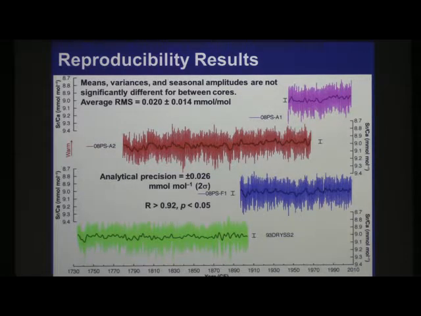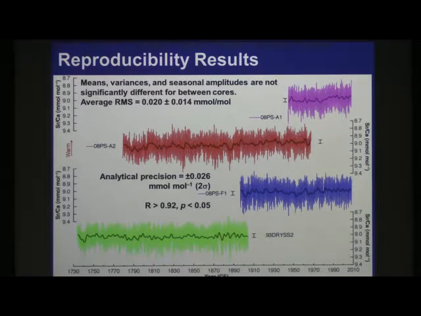So only at the end, once we ran all the samples, did we compare. So it's kind of a semi-blind comparison between the 2 records. If we look at all 4 of the records, we do not see a shift as far as the means between colonies. Remember, these are colonies growing next to each other on the reef and at either end of the Dry Tortugas, so 10 kilometers apart.